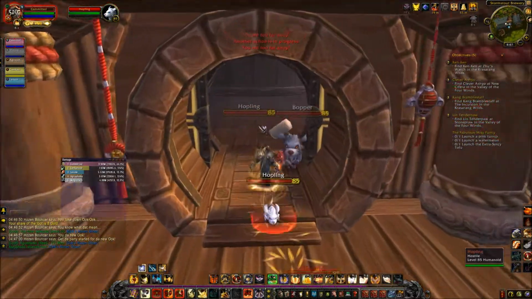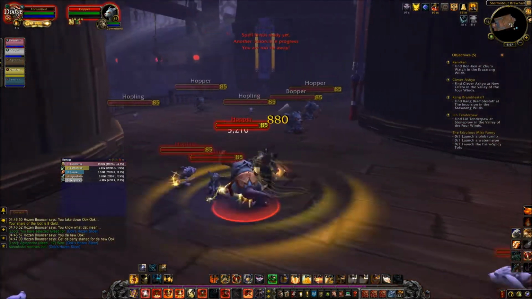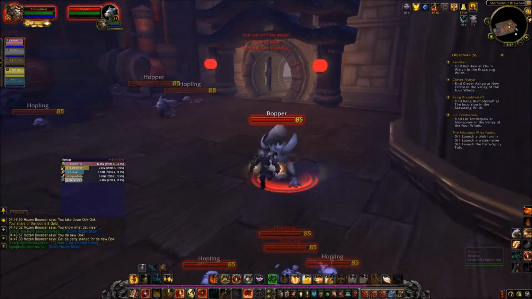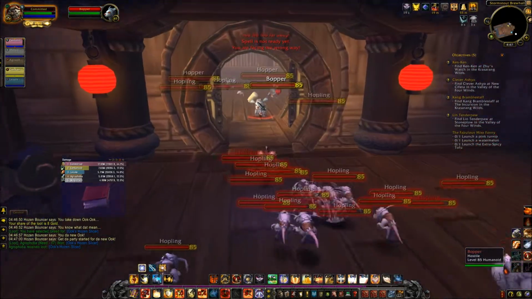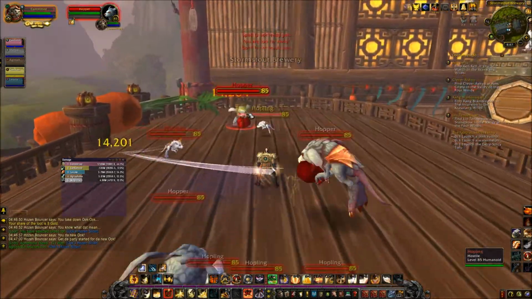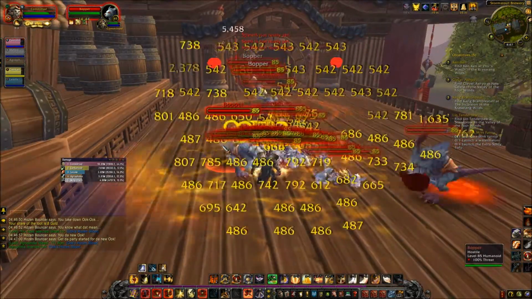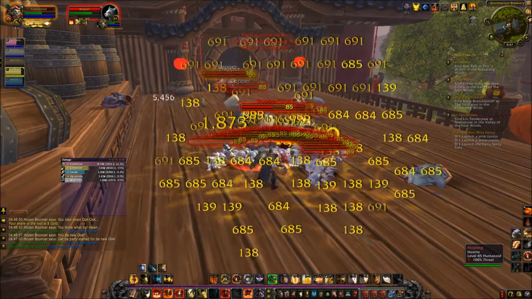We're going to go ahead and just one pull this entire area, and just try and hold as much aggro as possible all the way through. The reason we're going to one pull all this is because not only do we have a strong DPS composition for AoE DPS, but these guys with the barrels, I believe, drop hammers. And once the hammer drops, yeah, right here, these guys with the hammers on their backs drop hammers, and once that drops, you can go ahead, pick it up, and just start